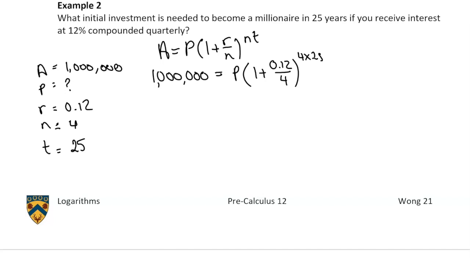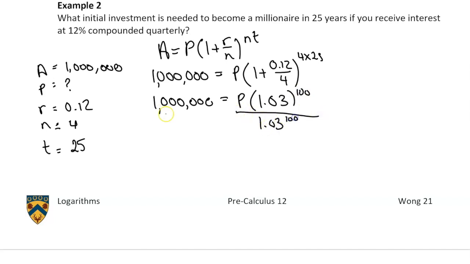I'm just going to clean things up slightly because we're going to have to do a tiny bit of algebra for it. So $1 million is going to equal P times, this is the same as saying like 1.03 and to the power of 100. And then I'm going to divide both sides by 1.03 to the power of 100. And then we'll have P isolated that way. So if you put that into your calculator, you should get an answer of